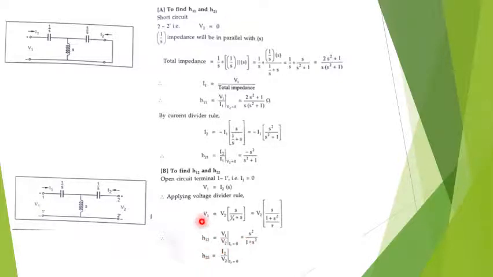To get H22, I have here V1 is equal to I2 into S. But what is H22? It is I2 upon V2. I already have I2 here. I have to express V1 in terms of V2, which I can get from here. V1 is S square upon 1 plus S square into V2. So I put down the value of V1 as S square upon 1 plus S square into V2, and I get the equation in terms of I2 and V2. Once I get I2 in terms of V2, easily I can find the last hybrid parameter, H22, which is the ratio of I2 upon V2.